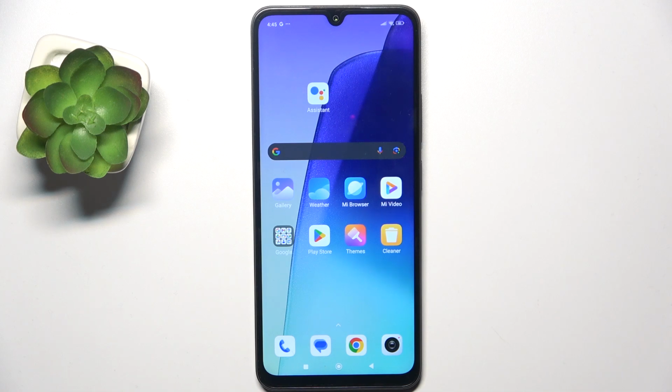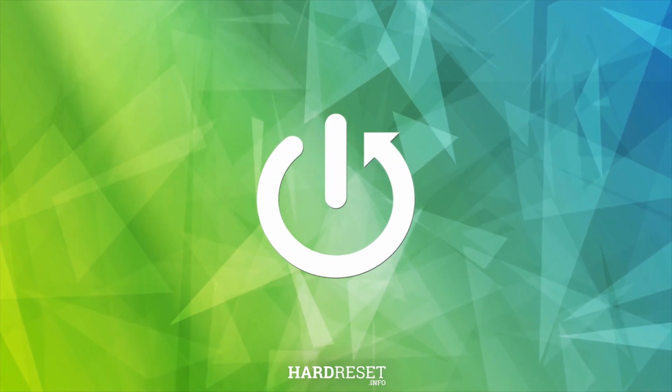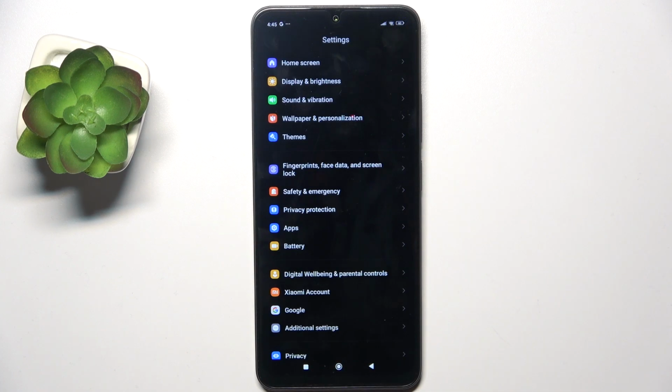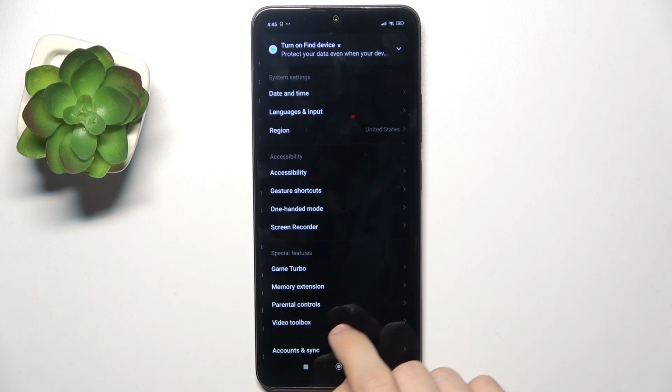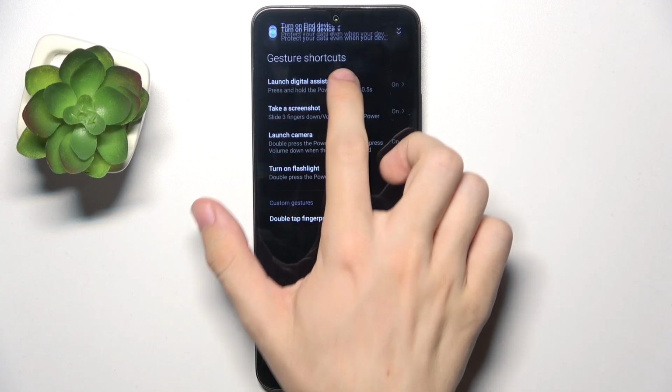Hello, in this video I'm gonna show you how to link Google Assistant to the power button on Redmi A3 Pro. To link Google Assistant to the power button, go to Settings, then Additional Settings, Gesture Shortcuts, and then Launch Digital